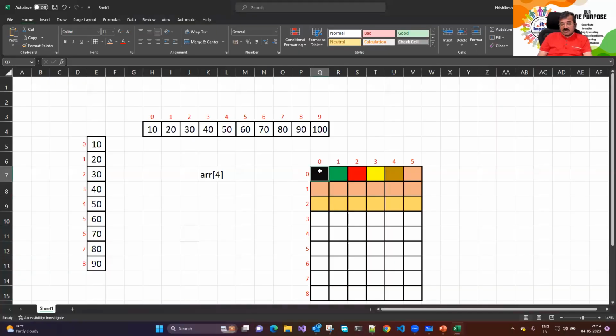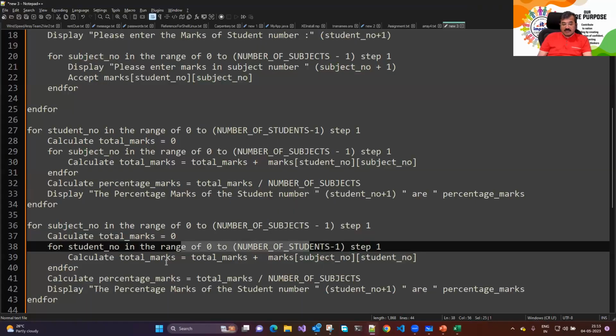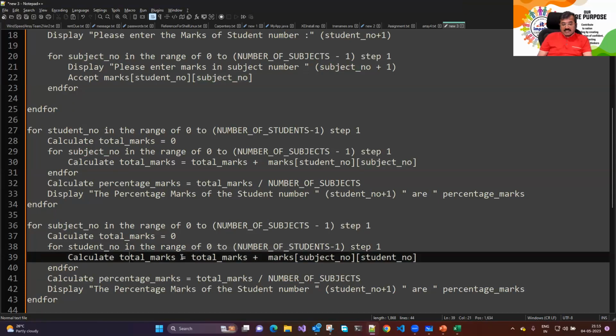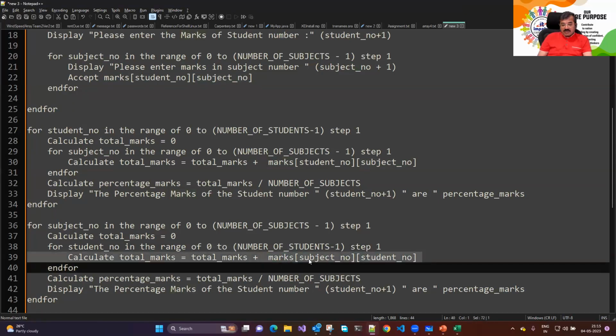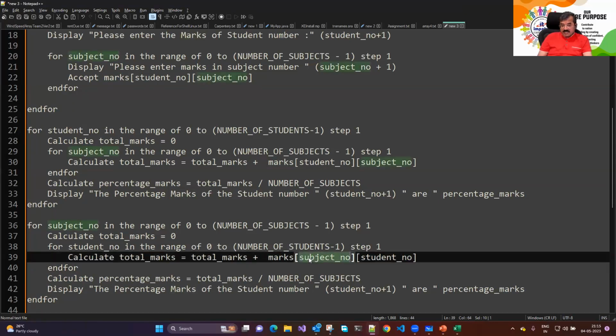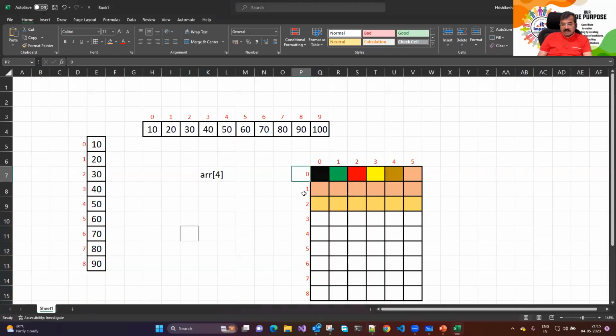ओके, यानी ये फिक्स्ड है 0। ये 1 2 3 4 5 6 7 ऐसे 35 तक जाएंगे। कैसे लिख रहा हूँ मैं? टोटल मार्क्स इज टोटल मार्क्स प्लस मार्क ऑफ सब्जेक्ट नंबर जो 0 है मेरा, एंड स्टूडेंट नंबर जो चेंज हो रहा है। तो अगर ऐसा लिखता हूँ मैं सब्जेक्ट नंबर स्टूडेंट नंबर, तो सब्जेक्ट नंबर फिलहाल 0 है, तो ये 0 रो नंबर आता है पहला।